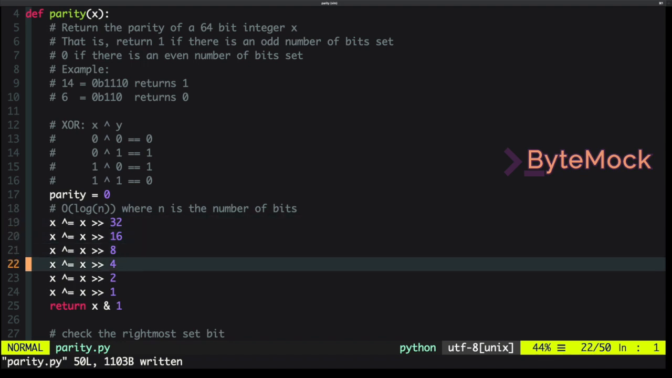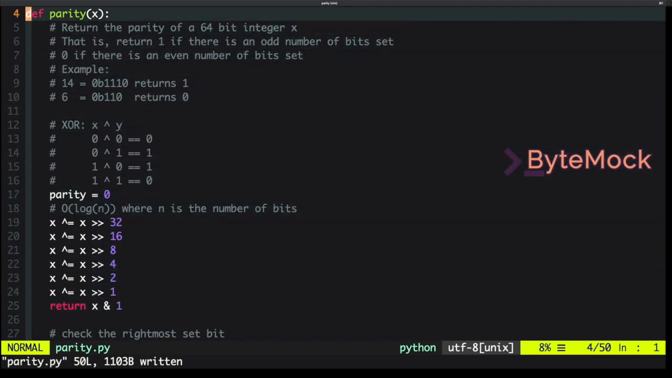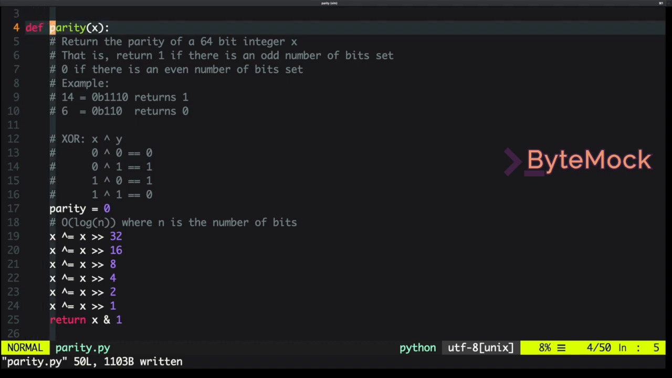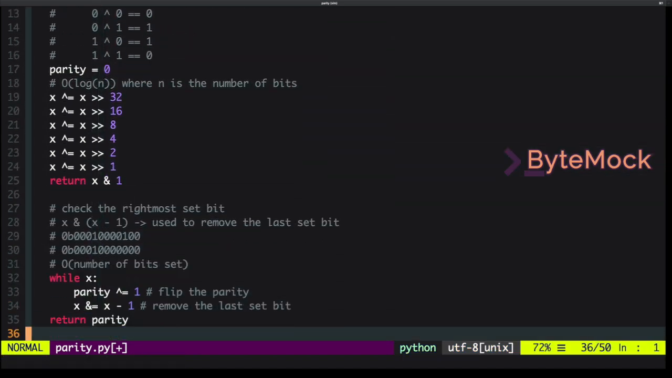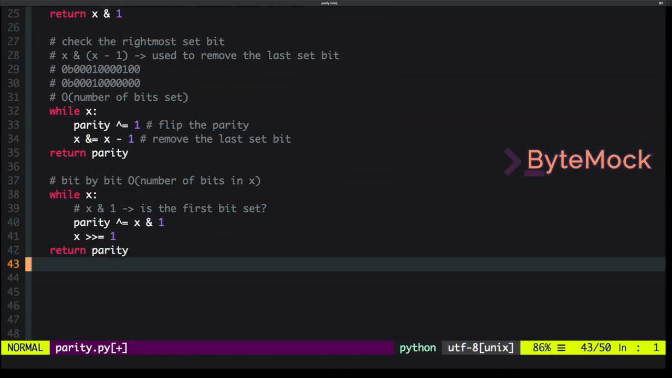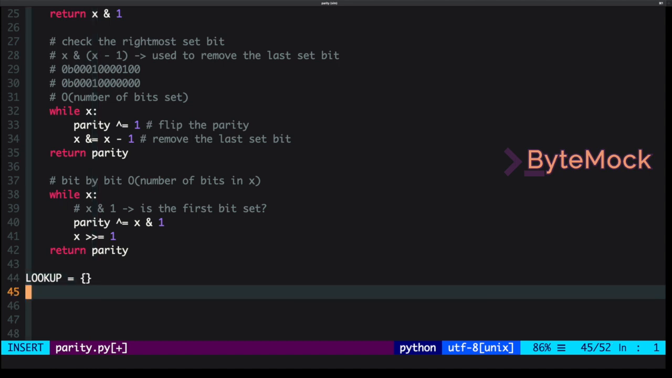So one thing that we could do is we could use a lookup table. And we could use this parity function to populate this lookup table, and then instead just return the values from the lookup. So if we call this, for instance, populate parity, and then below we were to have a lookup table, just a lookup dictionary,